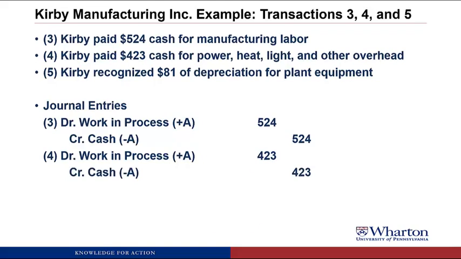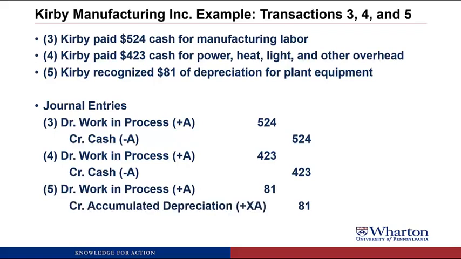Now try number 5. So for this one, we're again going to debit work in process inventory for $81 because we want to add the cost of using the plant equipment, which is the depreciation, into the work in process account. And we're going to credit accumulated depreciation. Remember, that's a contra asset, so by crediting accumulated depreciation, we increase the amount of depreciation so far that we've